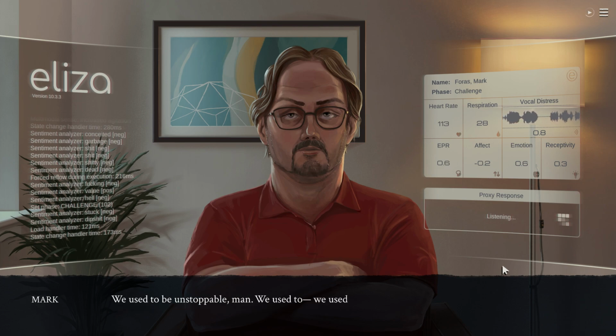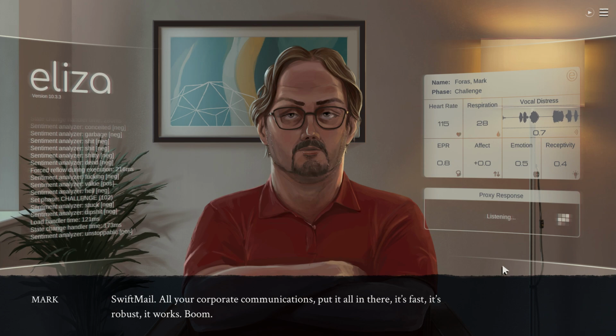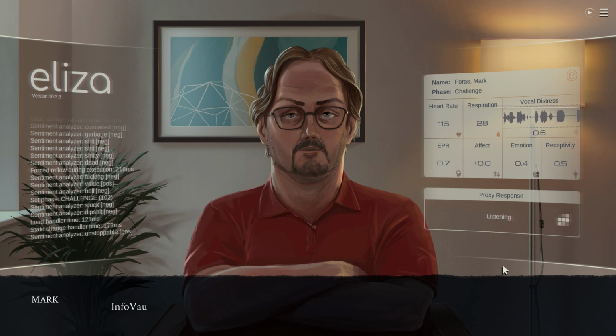We used to be unstoppable, man. We used to build real software, ironclad software. SwiftMail, all your corporate communications, put it all in there. It's fast, it's robust, it works. Boom. InfoVault. Index and search all your records. Any information you want. Easy. Done. But this